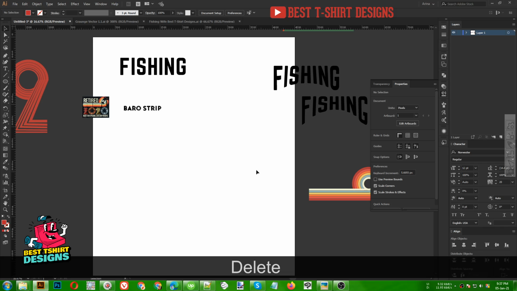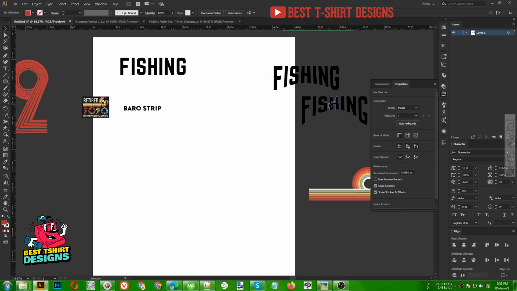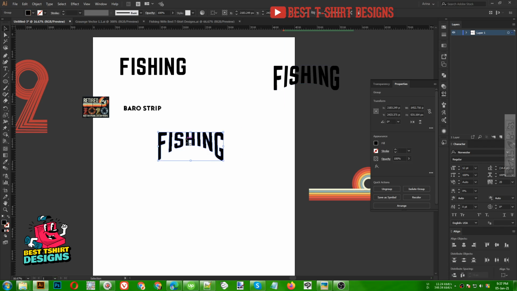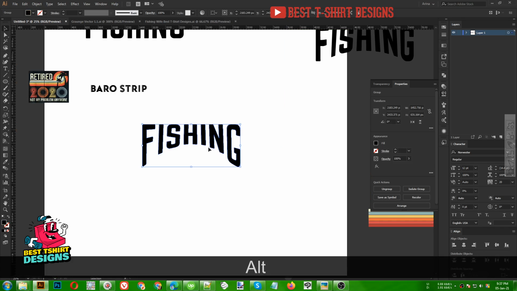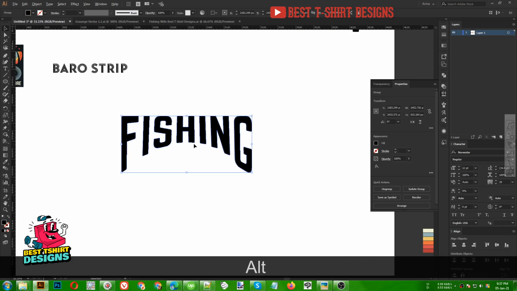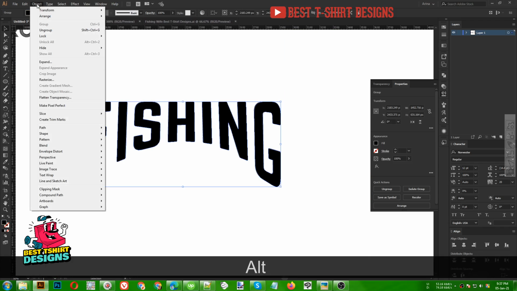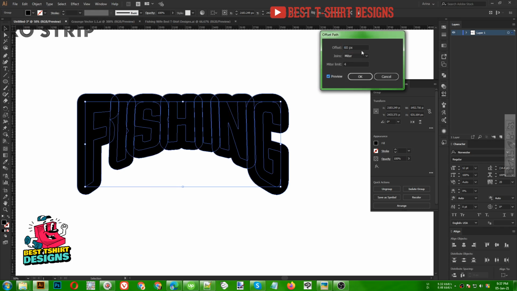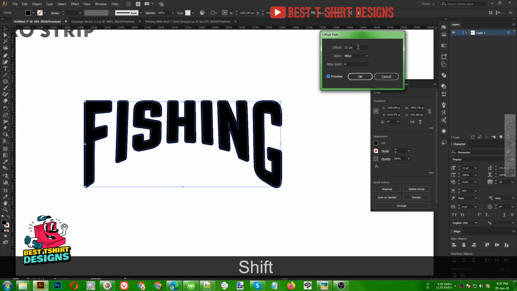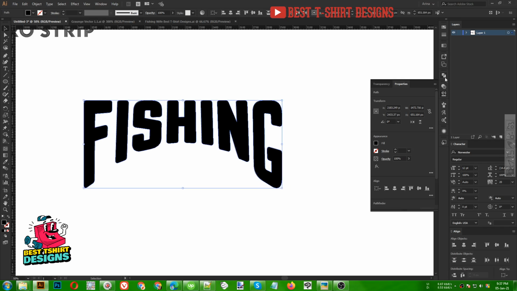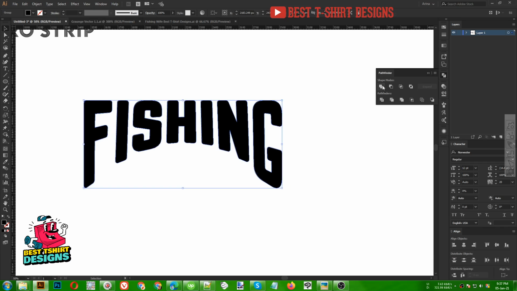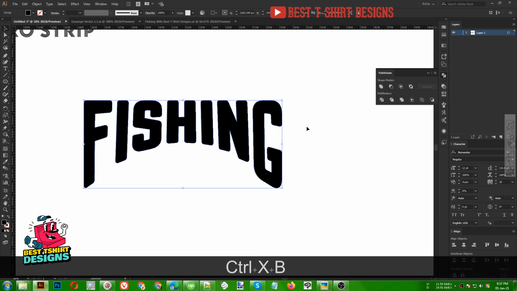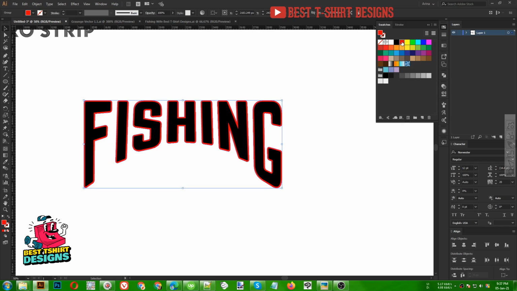So I'm breaking that, erasing that. I am going to use my fishing text here, as this is what we created. Now I'm going to just go over all of them. I'm going to combine these three effects in one design. So something like 10 pixel, yeah, that's good. Let's click OK, go to Pathfinder, Unite, Ctrl X, Ctrl B to paste it back,